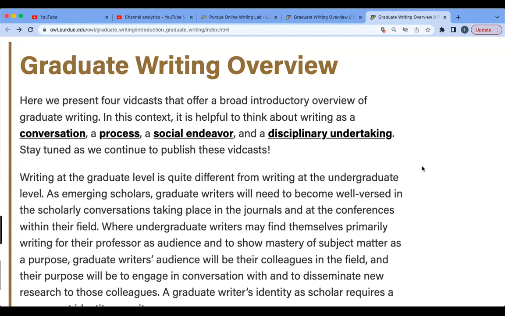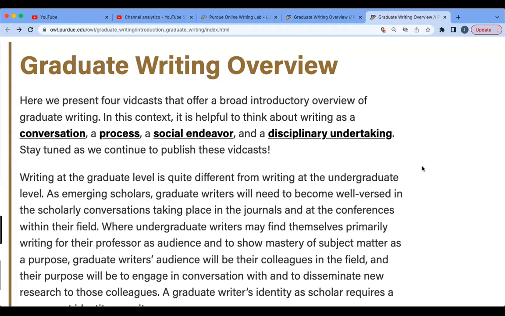We all have had a chance to practice undergraduate writing level, as well as improving the skills of effective communication in presentation and professional settings. This specific session is dedicated to the graduate writing overviews. Moving forward, graduate students need to learn how to communicate on a completely different level.